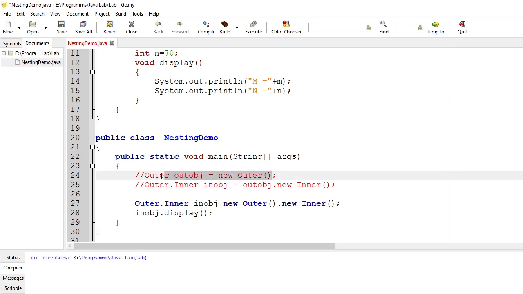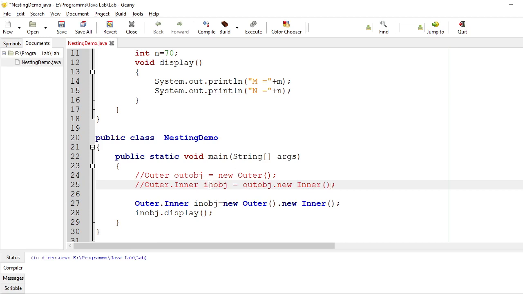Here I have created an outer class object, and here I have created an inner class object. How? outObject.new. I told you that if I want to create an object, I have to use the keyword new. So outObject.new, and here I have to give the constructor of the inner class. Now it will create an object called inObject.